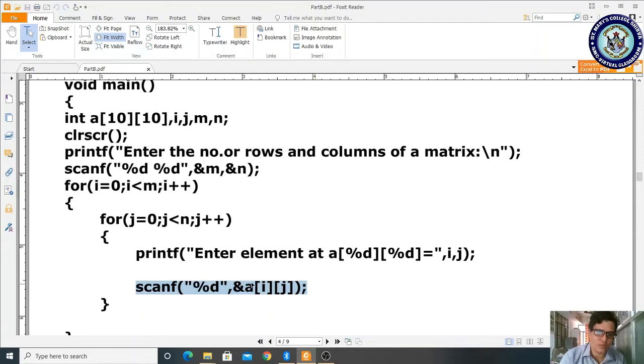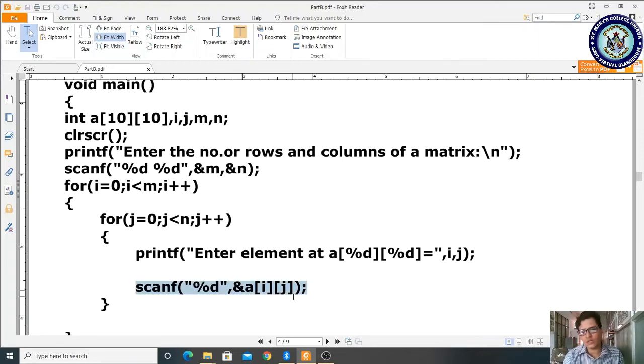Here I am storing that value in a[0][0]. Afterwards j will be incremented, j becomes 1, 1 less than 2, and it is asking for the a[1][1] location. So we have to read the value from the keyboard and store it in the a[1][1] location. For that I am using the scanf statement and I am reading it as 3.